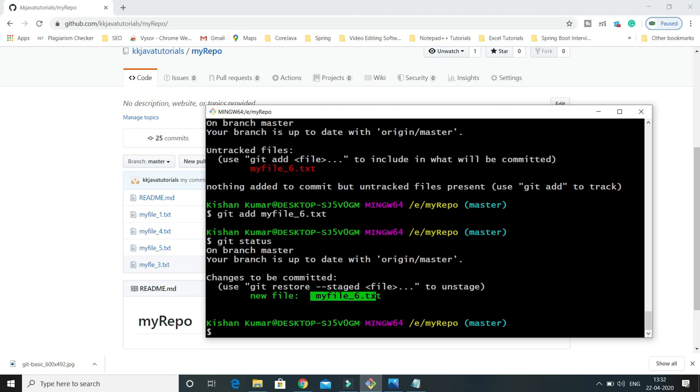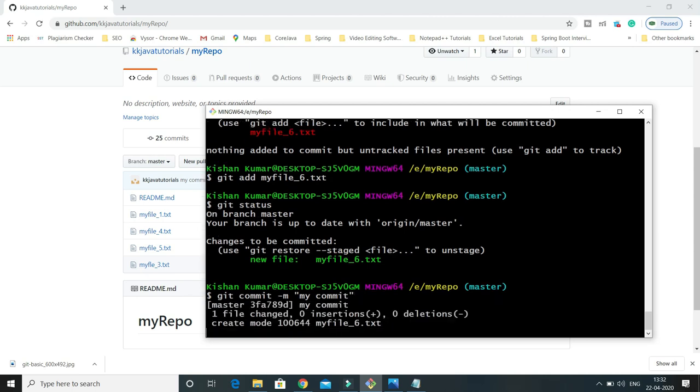Now I'm going to commit this file into our local repository. For that we have git commit and then -m, that's a commit message. So I would say my commit, right?